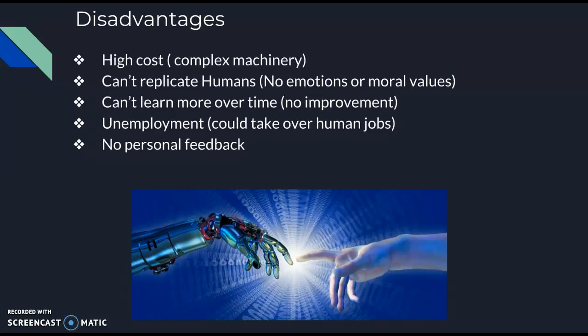They can't learn more over time like we can. It just runs the same program over and over again. Like if you give a person a ball and ask them to throw and they have no idea how to do it, well, at first they're going to be terrible, but after a while they're going to be able to throw the ball super well, maybe like an MLB pitcher if they really wanted to. But that whole logic doesn't really work with artificial intelligence. They're programmed to do the same thing over and over and over again. So there's no real improvement.